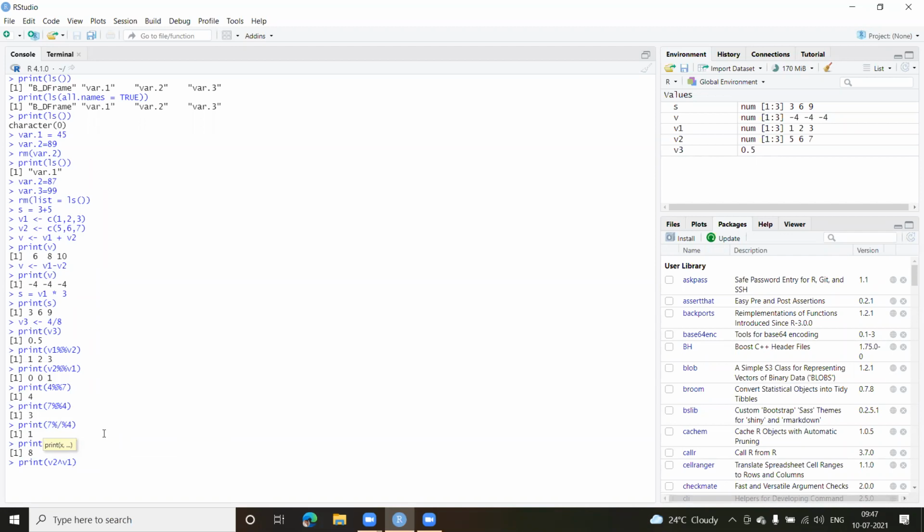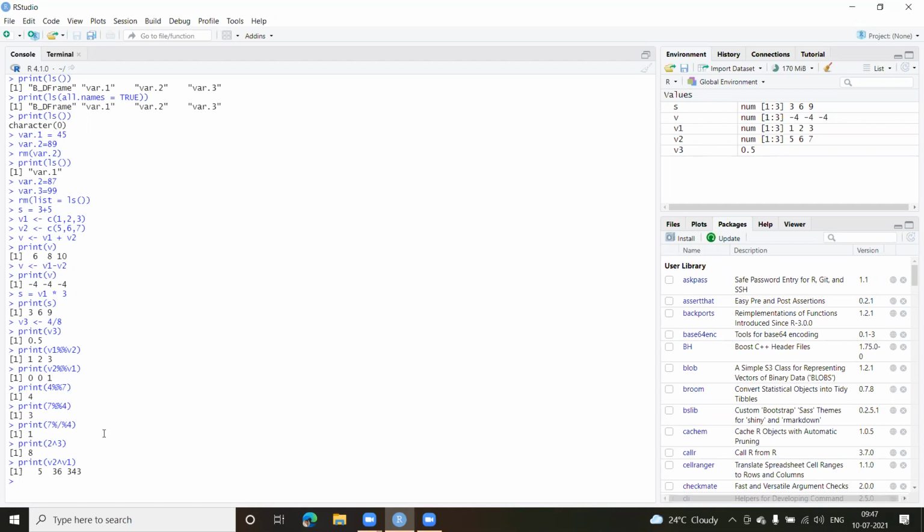So 5 raised to 1, 6 raised to 2 and 7 raised to 3. That will be the value. So I get 5, 36 and 343. That is the answer. Clear? So this is also known as raised to or exponent of, the caret sign, which can be used here. So these are some of the arithmetic operators.